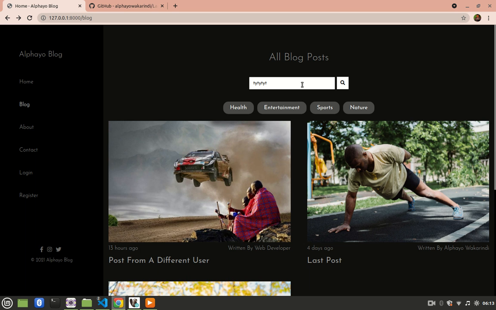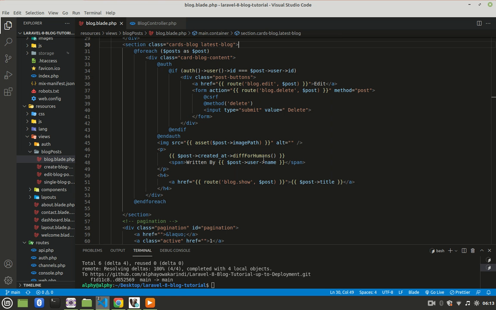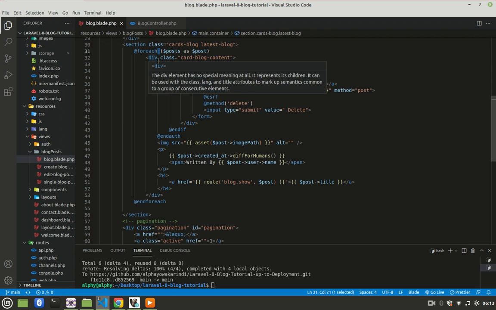Let's see what happens if we search for something that is not present in the title or body of a blog post. So if I type this and search, then we get no feedback. So let's implement this so that we can have a feedback when we don't have a post associated with a search. So I'll come here, and instead of using @for each, I'll use @for else,